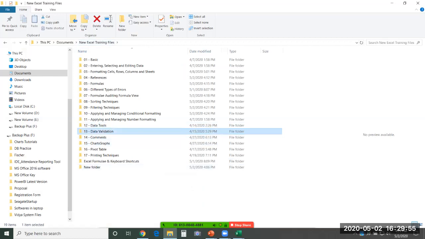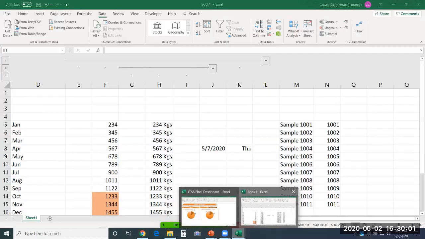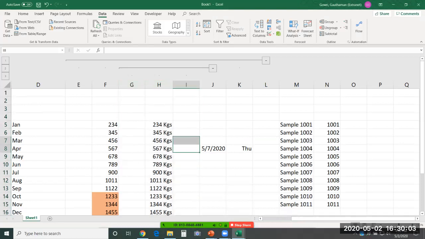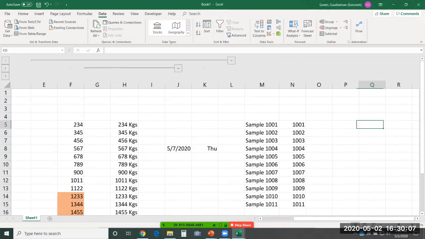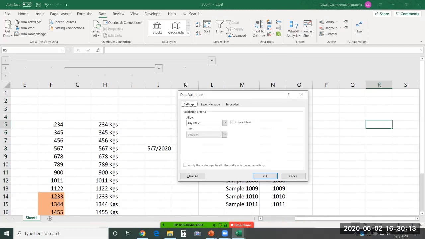See, validation. I think most of you already know how to create an in-cell drop-down. So let's say I would like to quickly create a list for these products that we have. We have all such options in data validation. We will be teaching you all those things in this chapter.